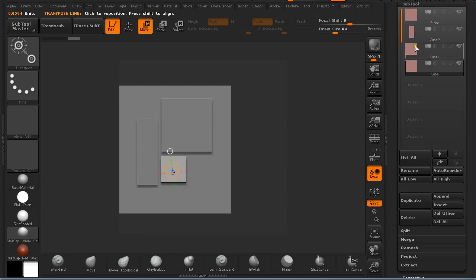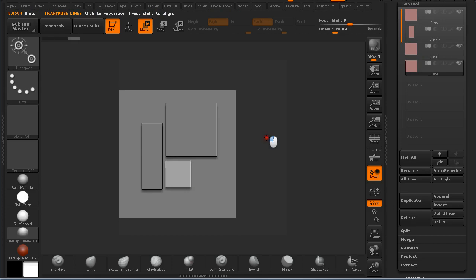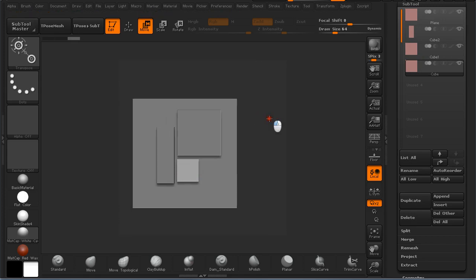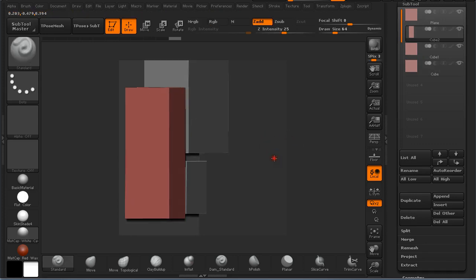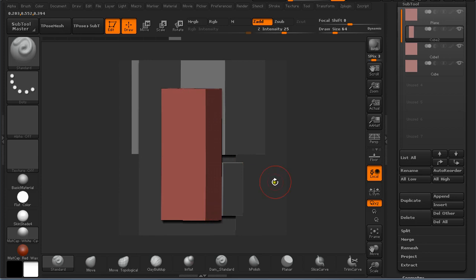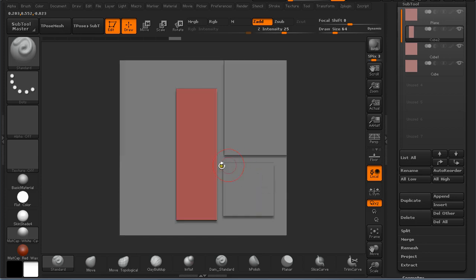You can also go here and click on the subtool you want to edit. So what I was saying, if we turn on polygroups and select this subtool, we can see our polygons are stretched, or may I say this is a square and this is not a square. So when we would subdivide this,